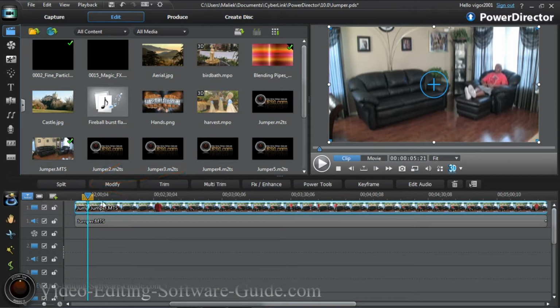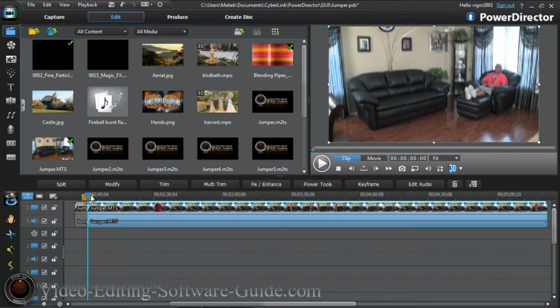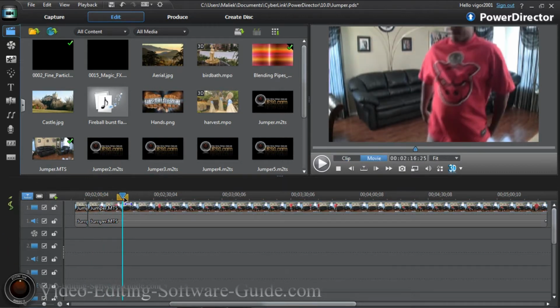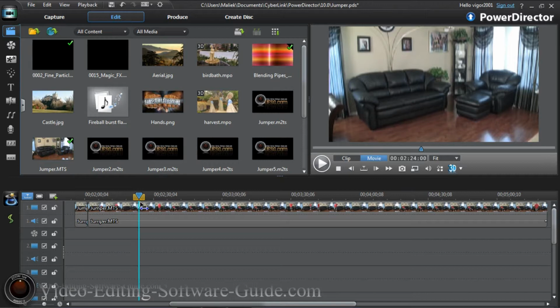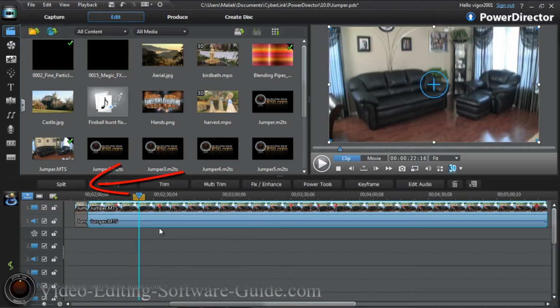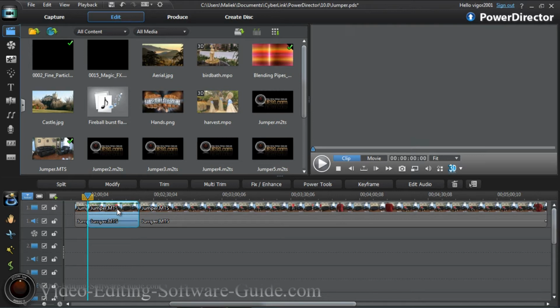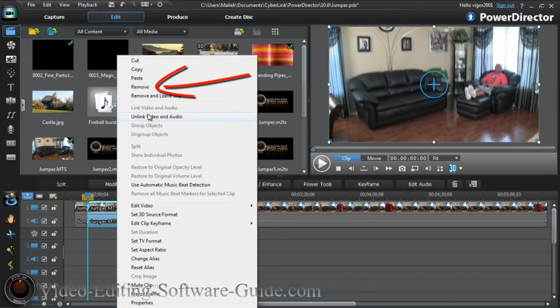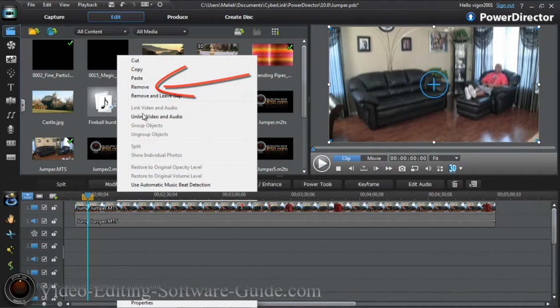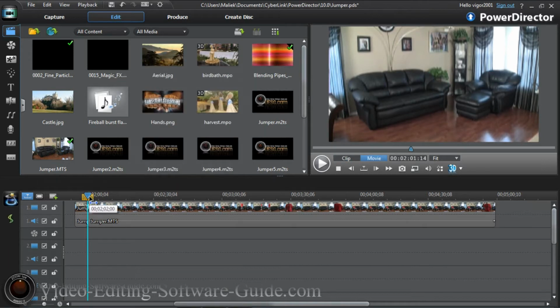Now that I have that part, I'm going to move my scrubber forward to a position where there's nothing going on in the scene, which is about here. I'm going to split this again, and I'm going to get rid of this middle part because there's nothing here that I need. Right click on it, remove it. And now you'll see that when I move the scrubber over this part, it's just going to look like the subject moves a little bit